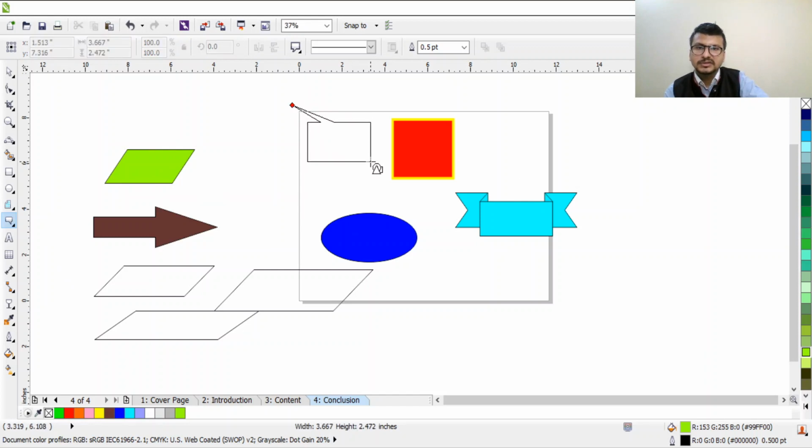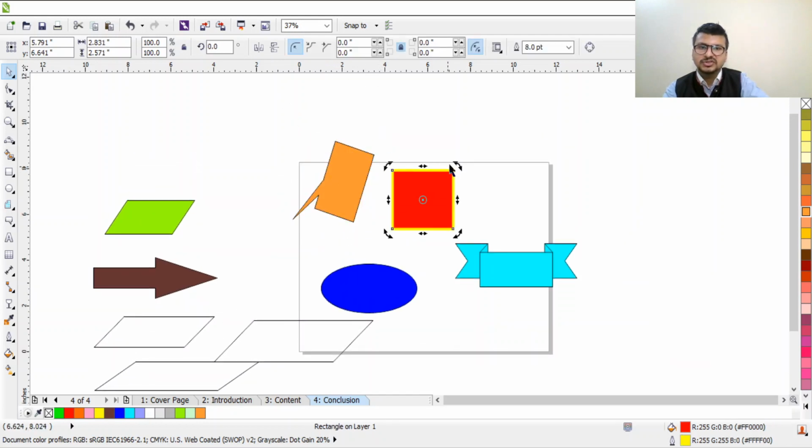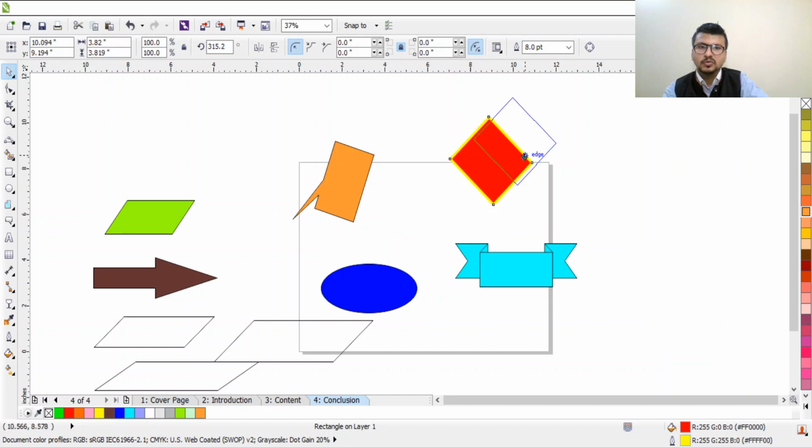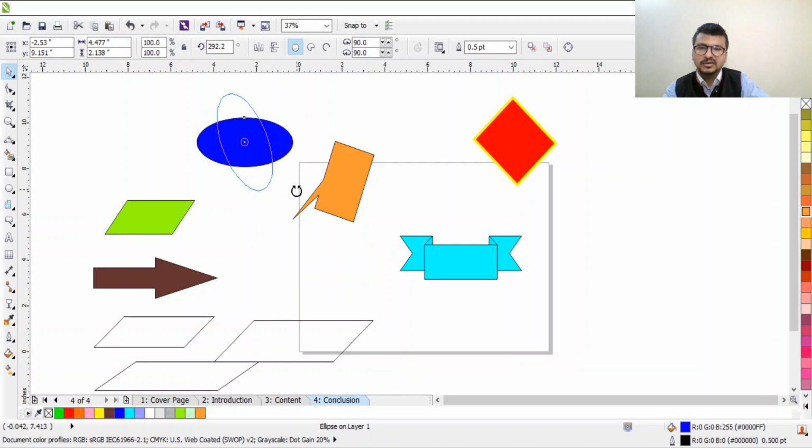Let's talk about the callout. Let's create the callout. We can add more color, warm color like this. If we want to change the angle of the shape, just double click on this shape, and you'll see these curved points at the edges. Click on the shape and just rotate your mouse. You can change it like this. You can move it anywhere. If you want to change the size, you can change the angle.